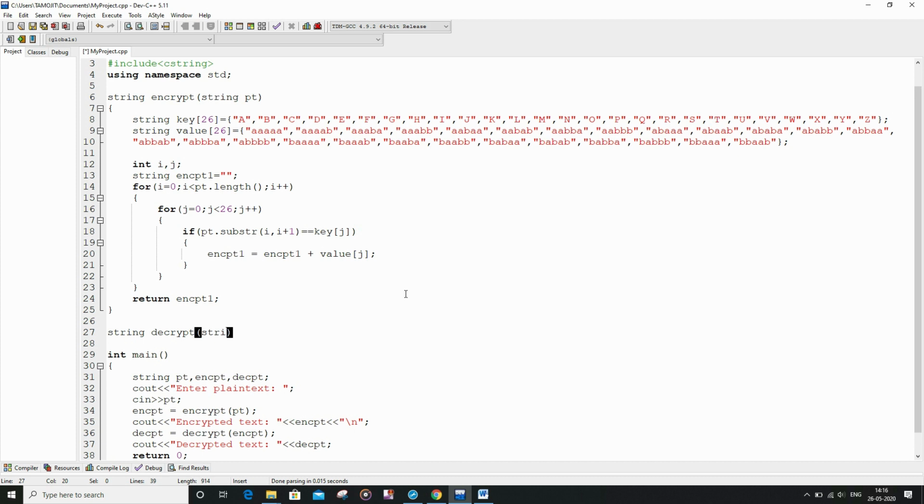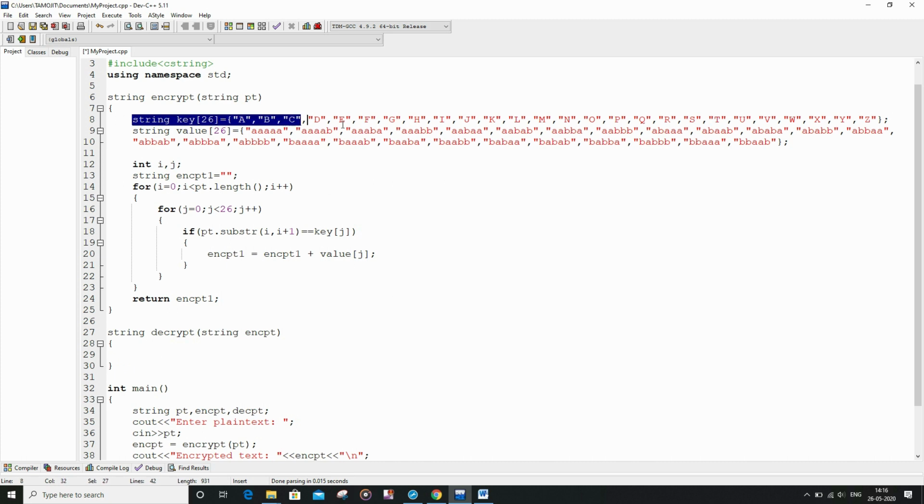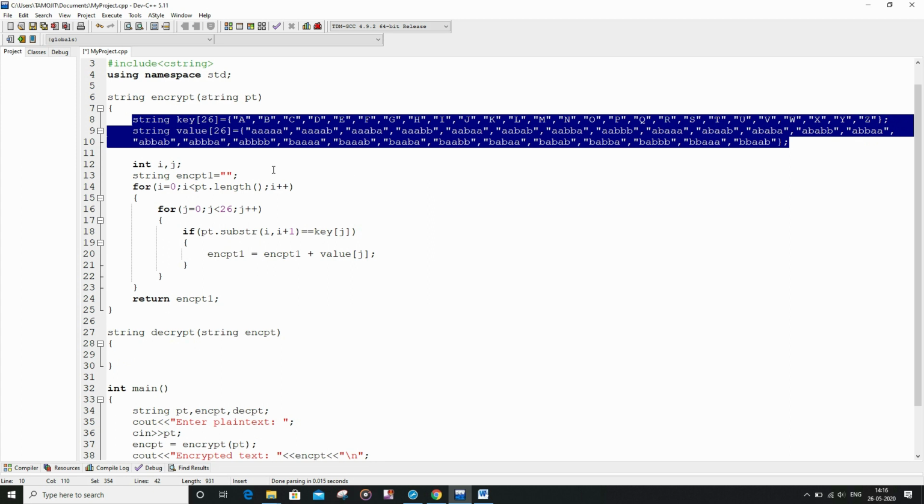It is going to take the encrypt as the input or formal parameter, and now basically we are going to write these two things only, but here the key and value characters will assume different names.